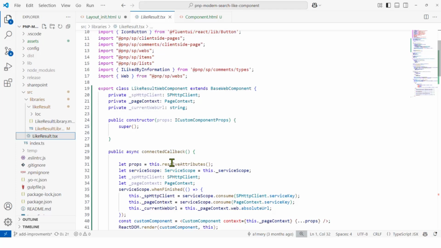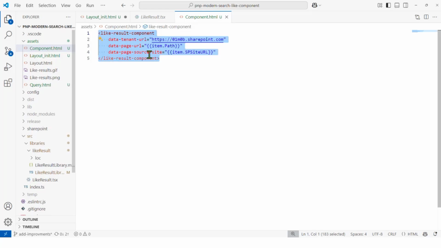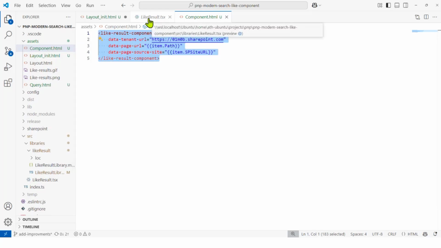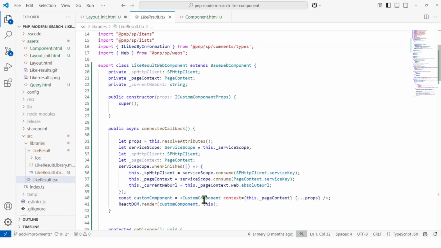You also have the resolve attributes method, which is really useful because what it does, it will get the HTML attributes of my component, those ones, and it will pass them to my React component as props. So very useful to get data and to pass it to the web component. And then it will render a React component.